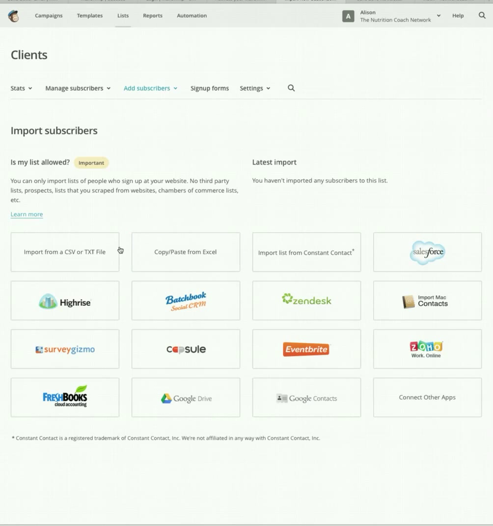So you can either import from a CSV file or a text file. So a CSV file is an Excel-based file, so that'd be an Excel spreadsheet saved as a .csv. You can copy and paste from Excel. You can import a list. So if you're using a CRM system,